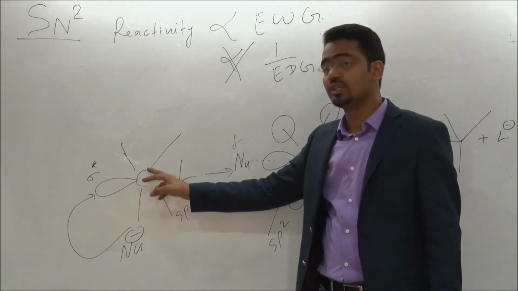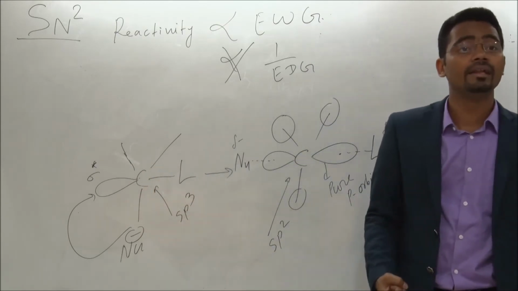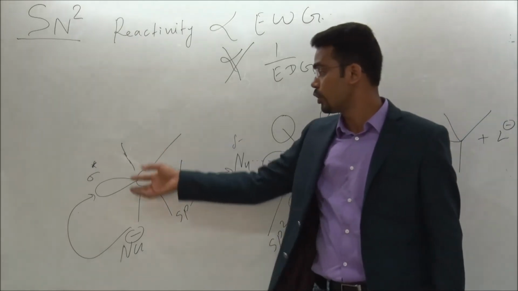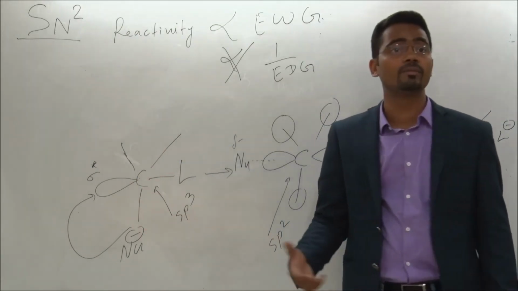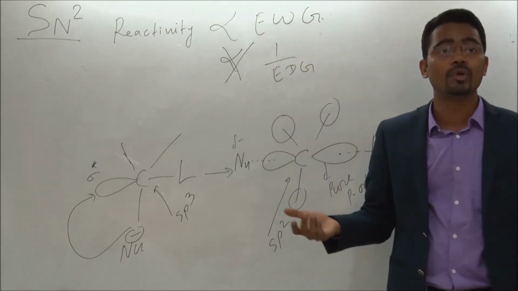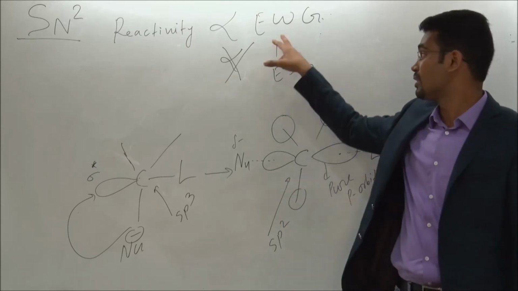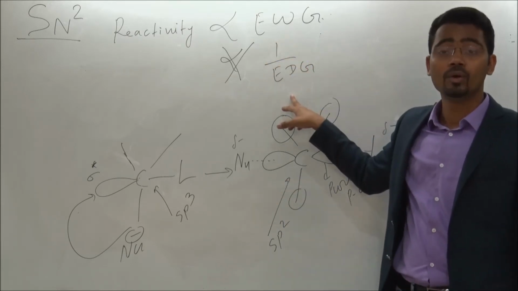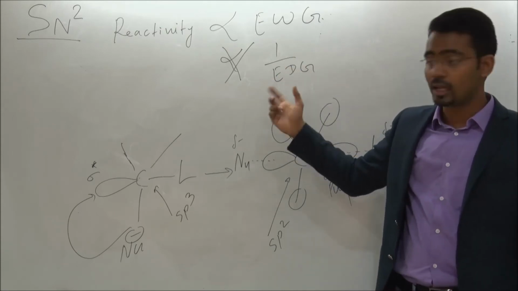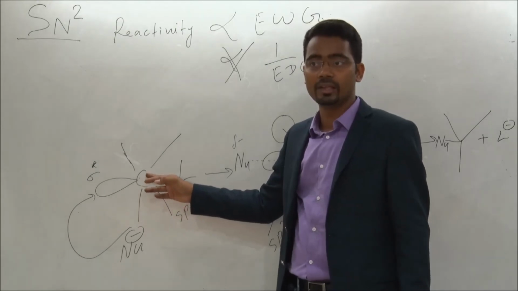The nucleophile has to attack on this carbon atom. So the carbon atom must be electrophilic in nature. So if there is an electron withdrawing group on this carbon atom, this carbon becomes more electrophilic. Therefore, it is directly proportional to electron withdrawing group. It means that it will be inversely proportional to electron donating group. But it is not correct. And also, here there is no conjugation. There is no lone pair or anything. There is no conjugation here.